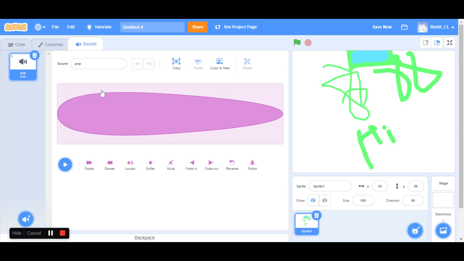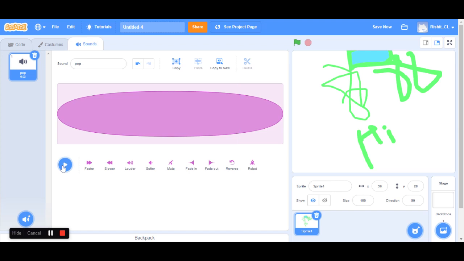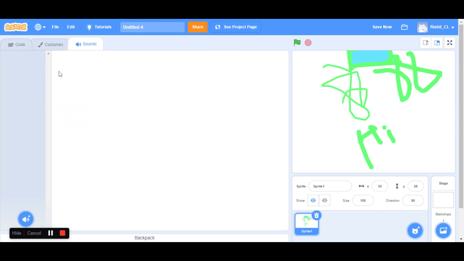So over here you have a pop sound. So if I play it once, you can hear the pop sound. Okay, then if I want, I could make it faster like this, and it becomes faster. Then if I want, I could fade out even, and it will sound like this. If I don't like the sound, I could just delete the sound and click on the sound option. I could choose my own sound, or I could record my own sound or upload a recording. So it's any of those three options.